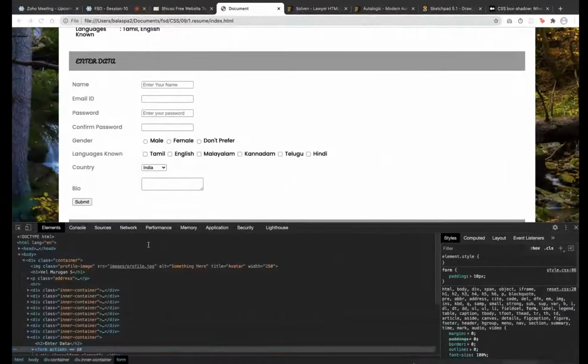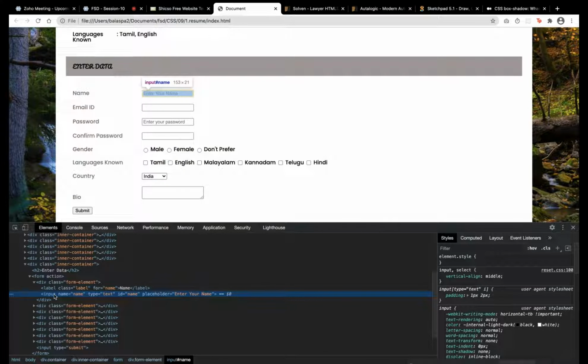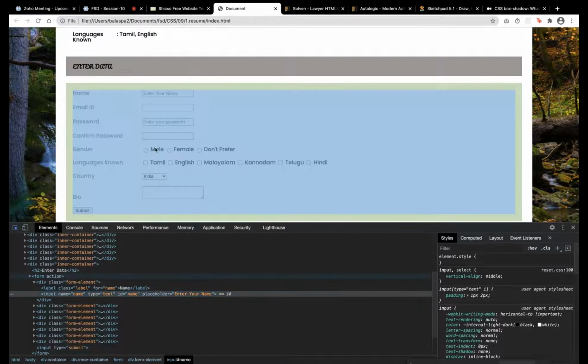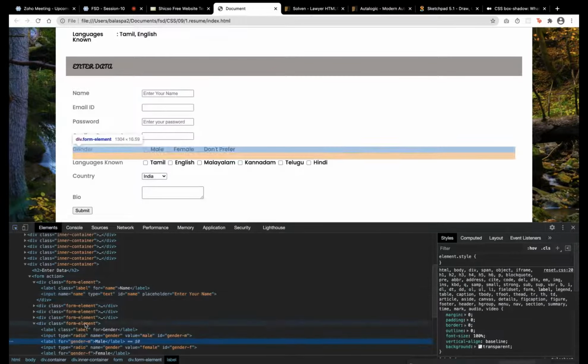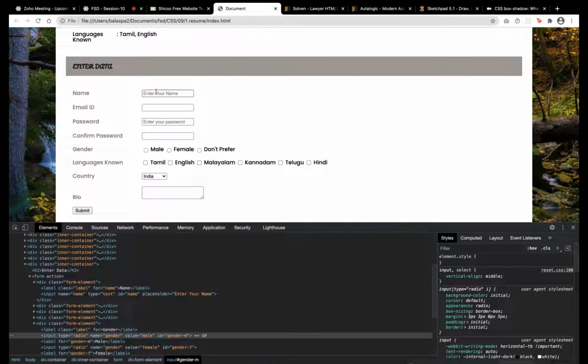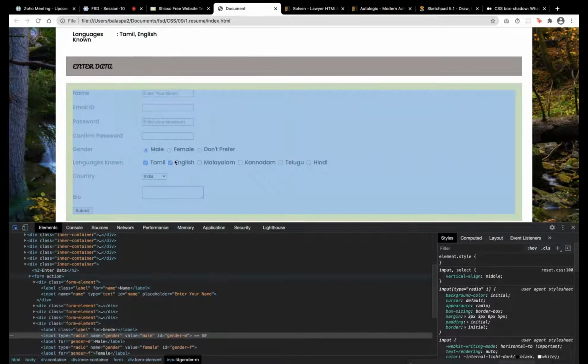So next thing is we can style this input element. For this input element, I can add a class to it and then style it, because this is also an input element. Radio button is also an input element. So for this kind of box elements, I need to add different stylings, and for here I don't want some stylings.